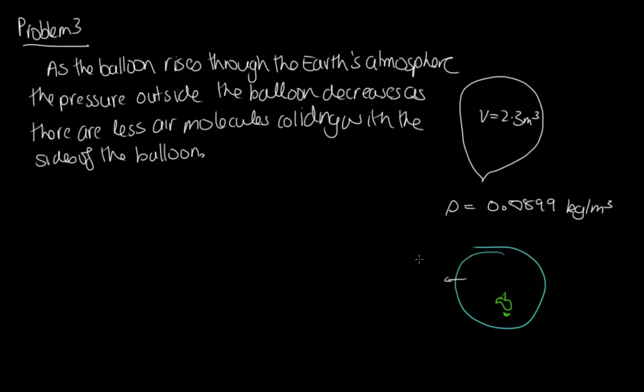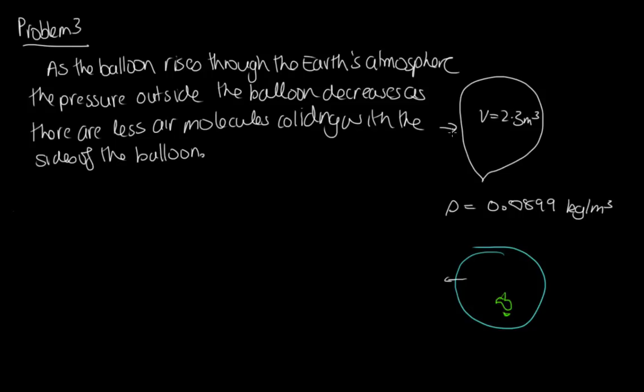So eventually when you get into space, you're virtually in a vacuum. So most of the molecules that make up the Earth's atmosphere are close to the surface of the Earth. Okay, so as the pressure outside the balloon decreases, the volume of the balloon is going to increase because